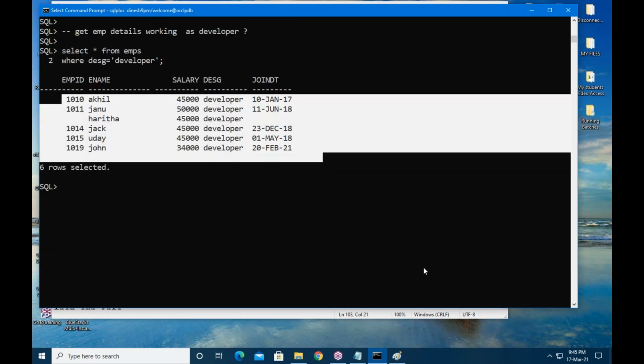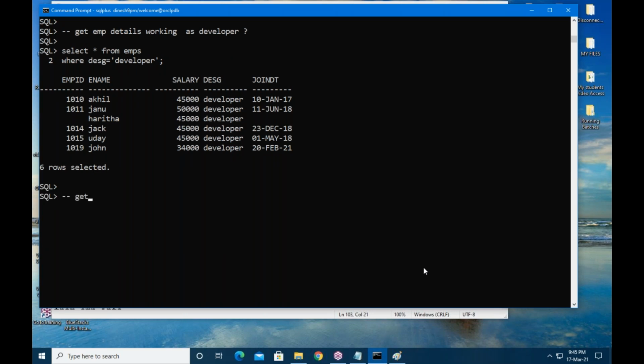In the next example, get names of admins. If the employee is working as admin, then display his name. Select e-name from EMPS where designation equal to admin.